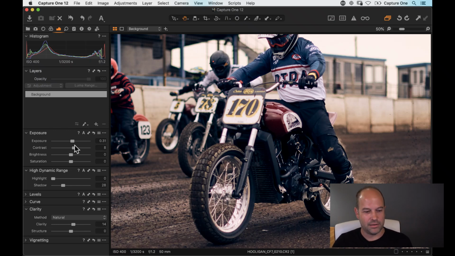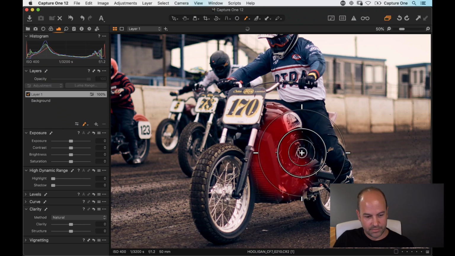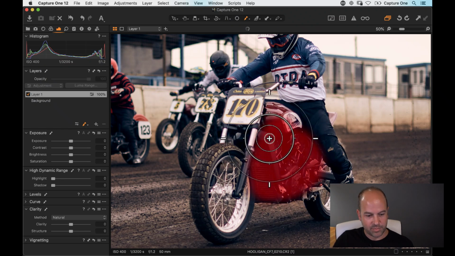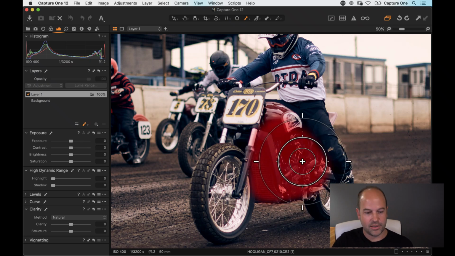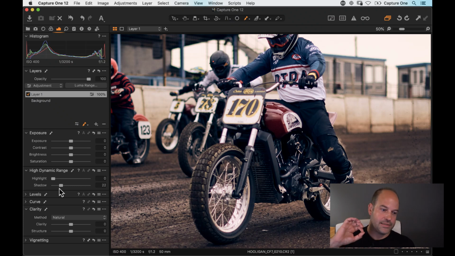We don't want to be peering at some element. So I just want to lift this area a little bit. So what I can do is grab a brush and we can just do a quick sort of mask in this area. There's actually a better way to do this, but I'll show you the quick and dirty way. So we've drawn our mask, and then now I can think, let's just lift the shadows in this area. There we go, done. Now, of course, that doesn't affect any other part of the shot. So we can do a simple edit like that, which just adds 10% more